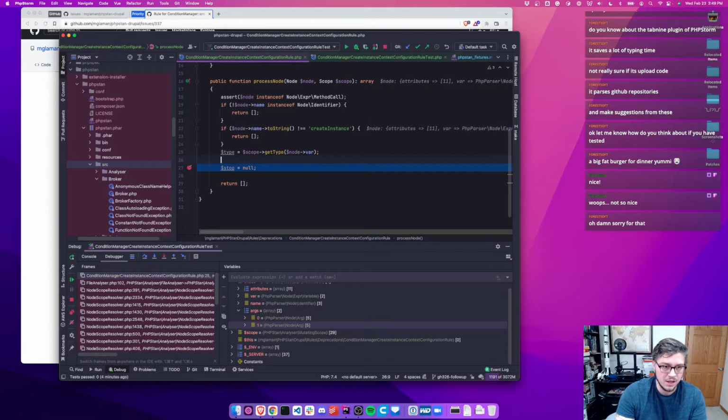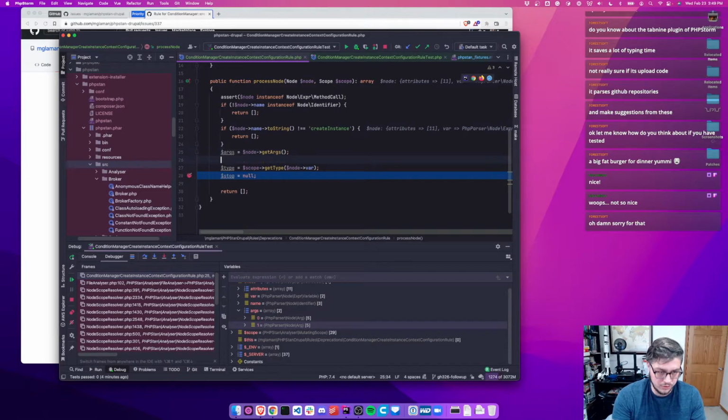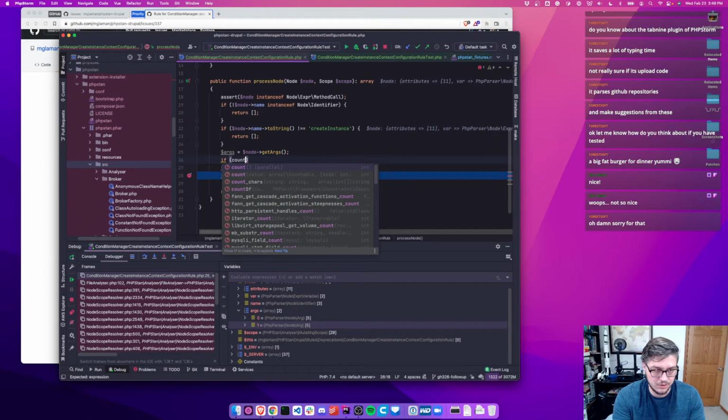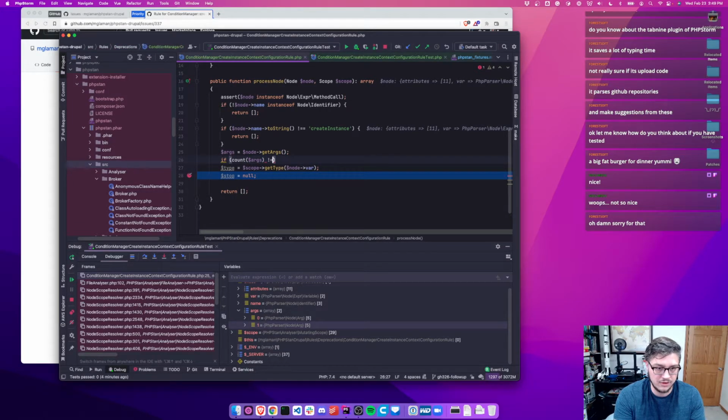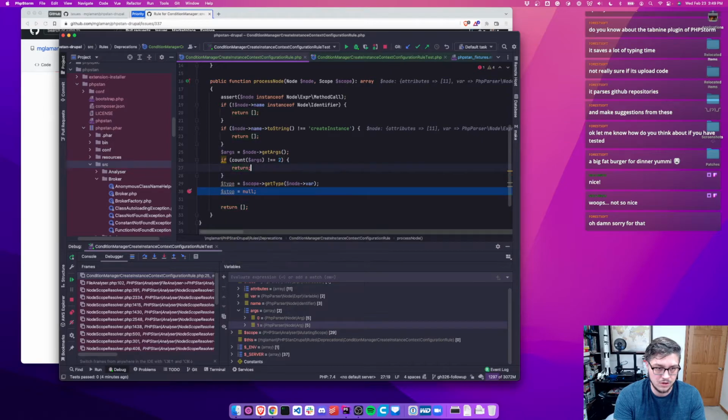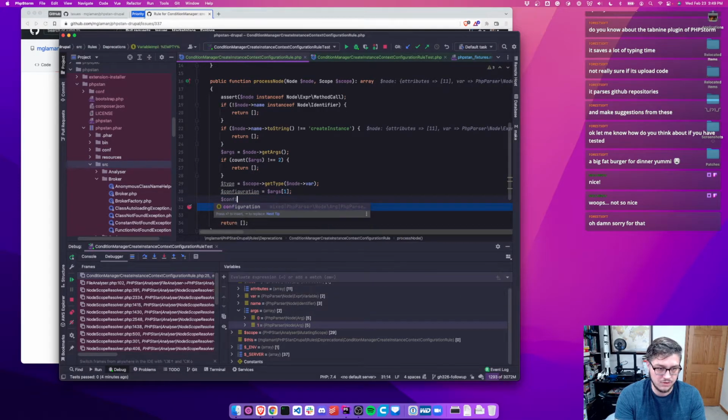So we'll take the configuration is an optional parameter. So if count args is not equal to 2, return, because we know that we will have secondary args. So then we can say configuration equals args 1, and we can do configuration type equals scope get type configuration